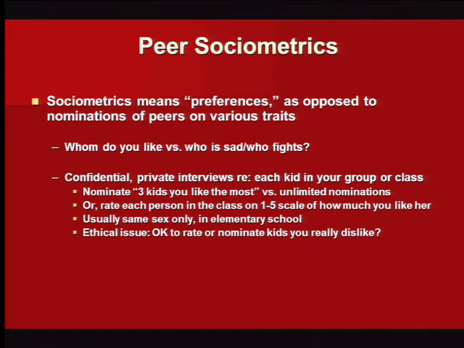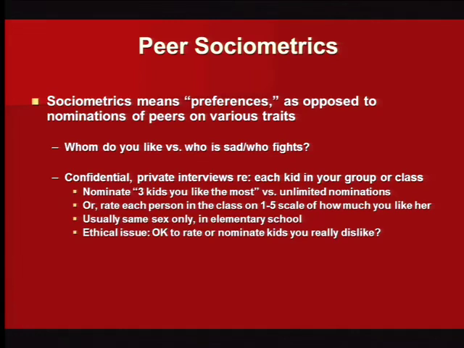You can also say to the kid, who are the 3 kids in your class who fight the most? Who are the 3 kids in your class who are the saddest? Now you're nominating peers, but you're nominating them to fit a behavioral description. So classically, and I'm making a big deal about this because it sometimes matters, a sociometric is a peer preference. I really want him as my friend. I really don't want that guy as my friend. A peer nomination of behavior is, I think that kid fights. I think that girl is pretty depressed. Or these are the 3 kids who pick on other kids the most behind their back.